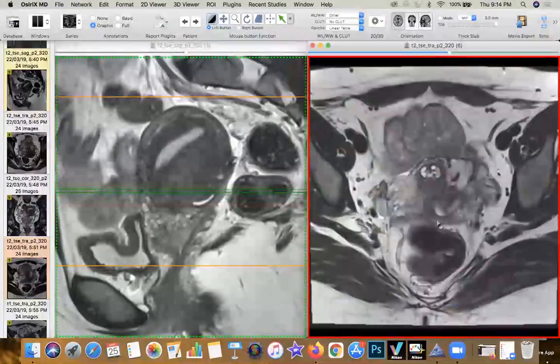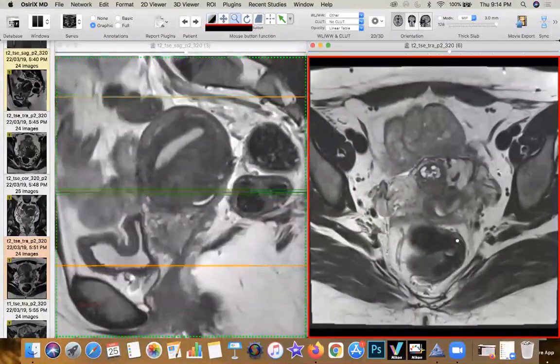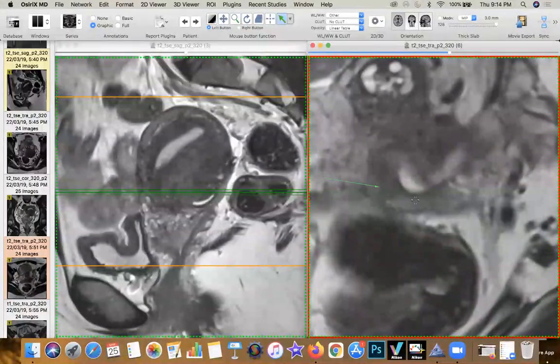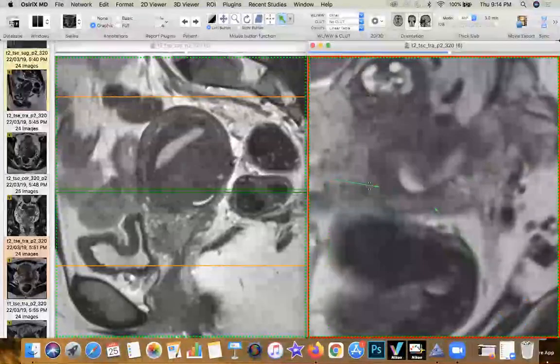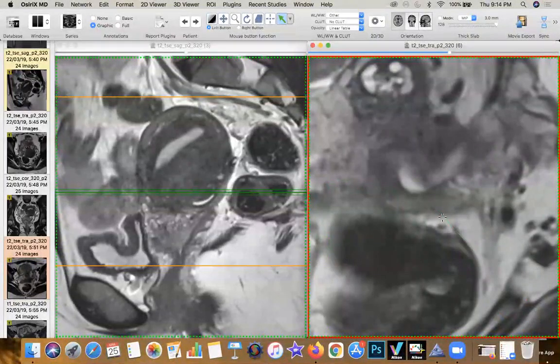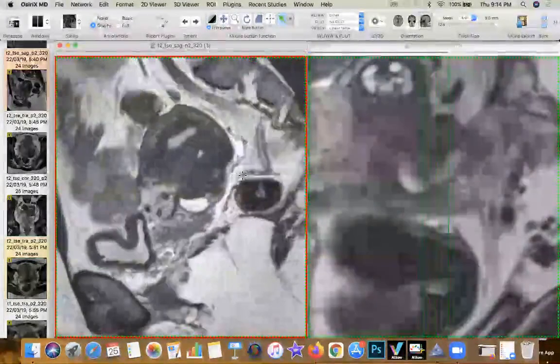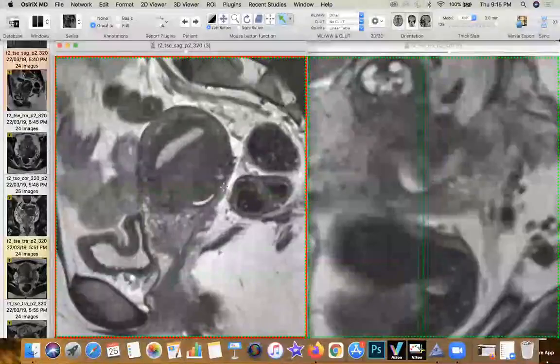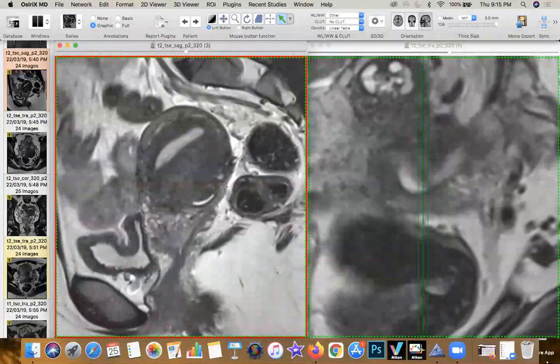You can appreciate that here. Now, this structure is darkish gray, towards a blackish color, which you're seeing out here. And you might think, okay, this is a plaque